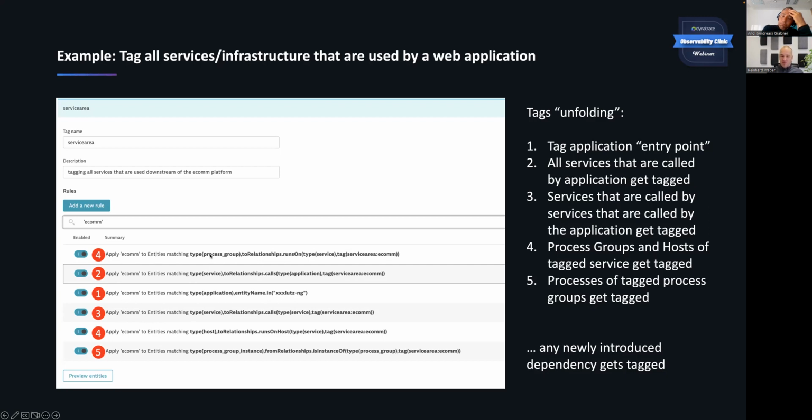And you also do the same for process groups, right? And then finally you have the process groups. You use the relationships, this instance of a process group, you tag the individual processes. And you can basically use all the relationships, and there's a long list of different entity types that have different relationships. You can use all these relationships to go down in the infrastructure, to go up, to go in basically any